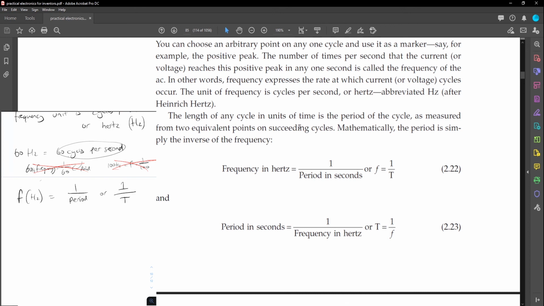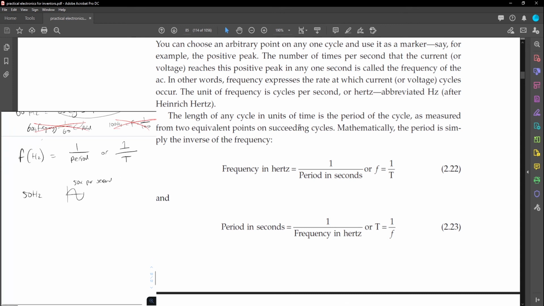Okay, so let's put this into perspective. I need an example. So you had 50 hertz, which literally means you've got one sine wave and it's doing that 50 times per second. So it's doing that 50 times per second. And so what we're saying here is that the period of a 50 hertz sine wave is